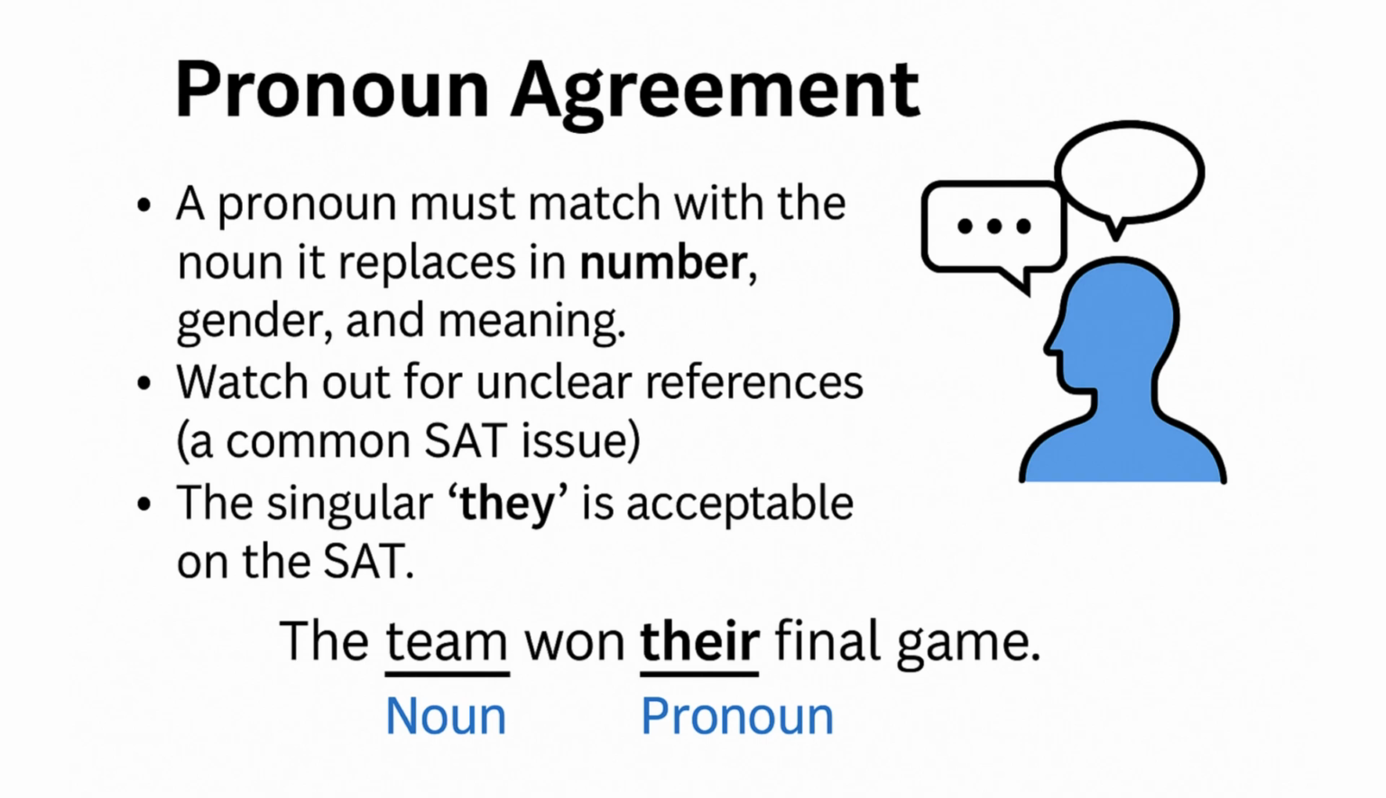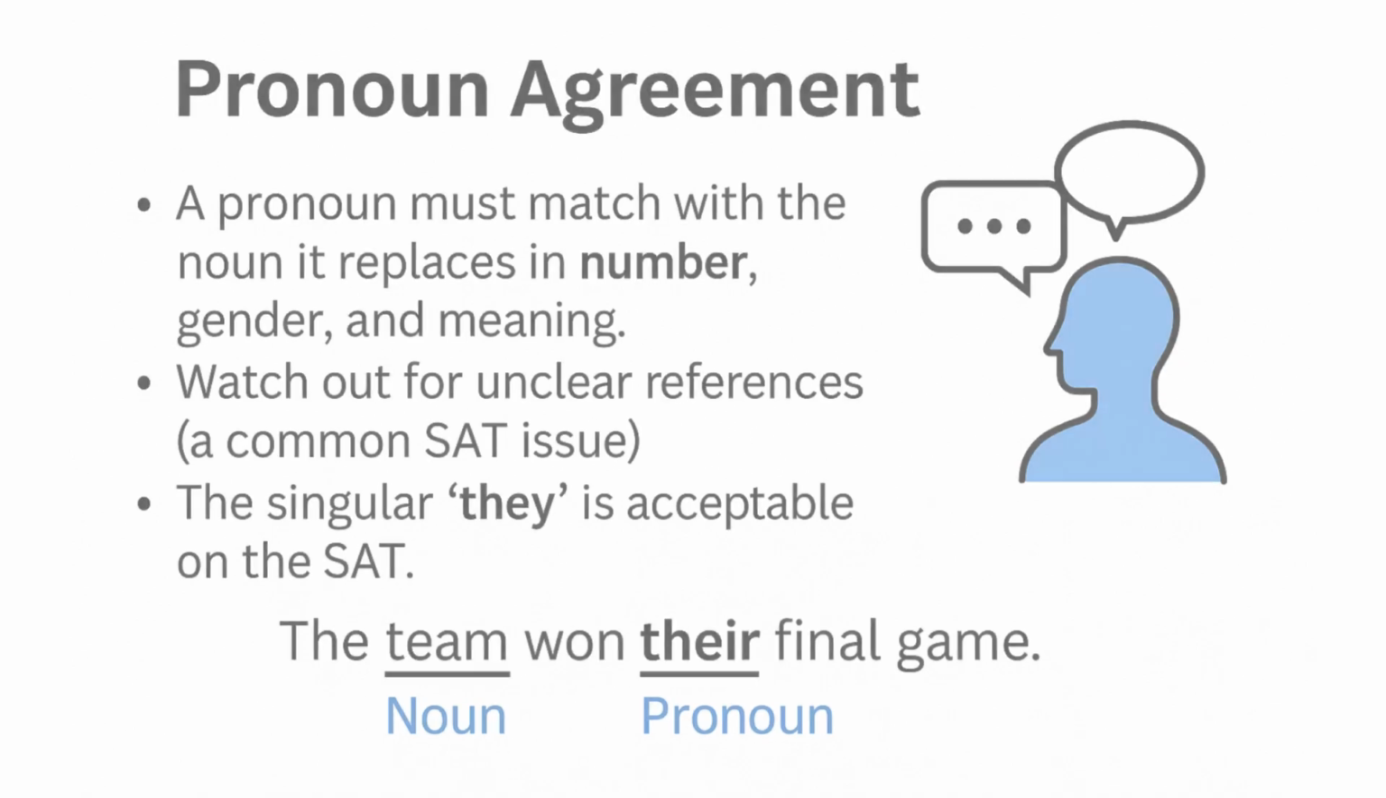Another important point is that the SAT accepts the singular they, especially when referring to a person whose gender is unknown. Let's look at the example. The team won their final game. Here, team is treated as a collective noun, and the pronoun their correctly refers back to it in SAT-style usage. Always check that the pronoun clearly and logically refers to one specific noun, and that both match in number and